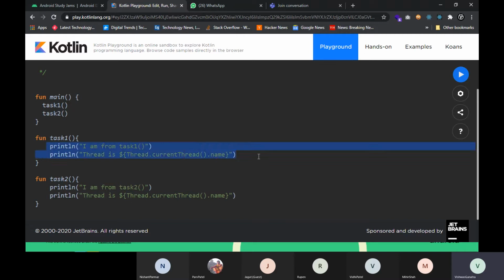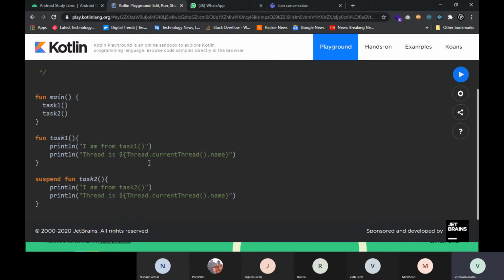Okay, so for that we'll keep this function as it is, but for using a function in Kotlin coroutines, we need to define the function as suspend. They are known as suspended functions. So for that we have to declare the second function, or any function, with the suspend keyword before this fun keyword. Now we have declared our second function as a suspend function.